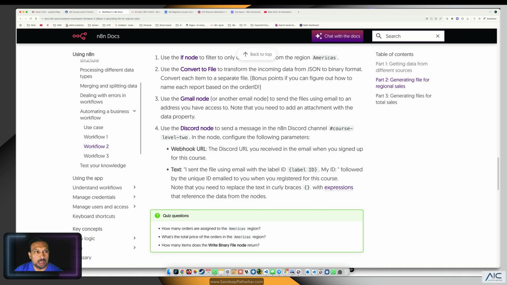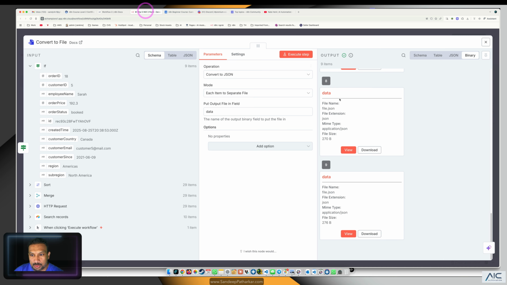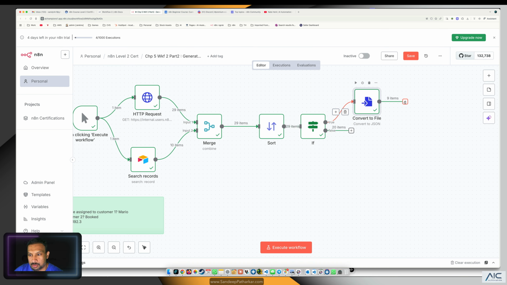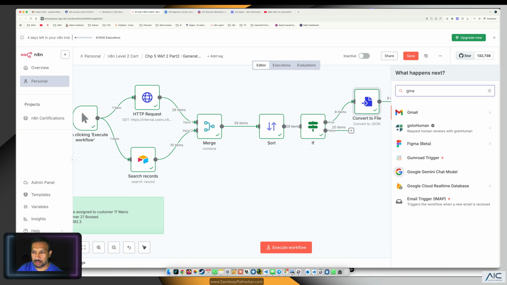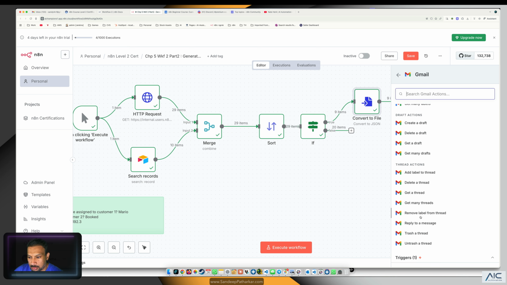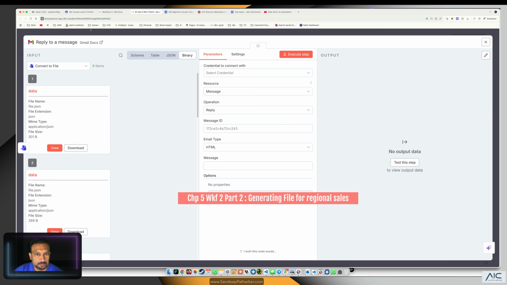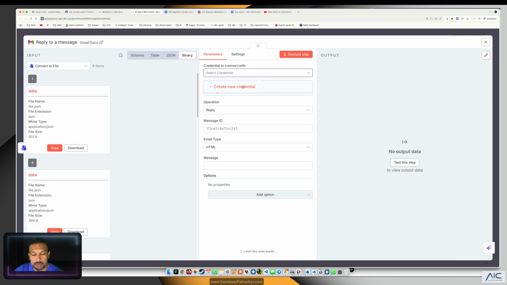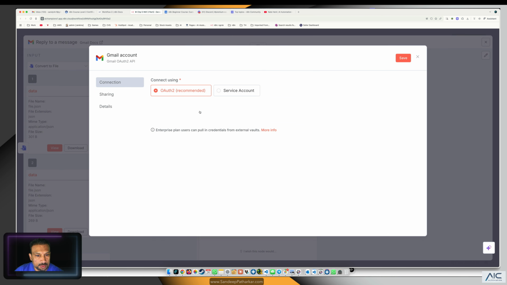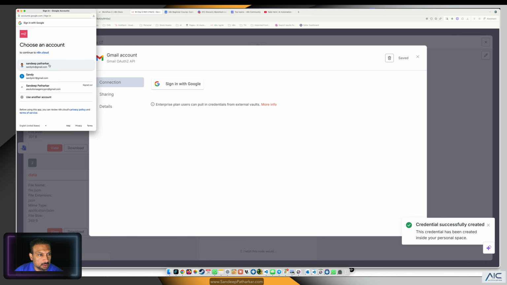to. So in our case, we will be sending it to our Gmail account, but before that we'll have to create a Gmail node. So let's see how to do that. We have not done that yet. So we need to send a message, and we do not have a credential. So we're going to create a credential. We're going to sign in with Google